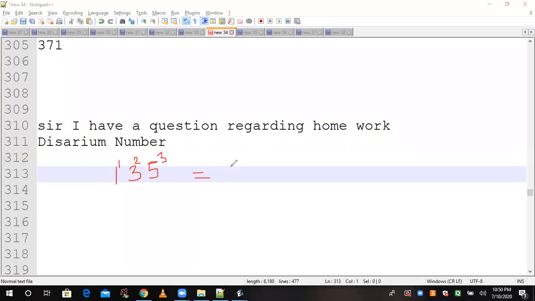Now 1 to the power 1, 3 to the power 2, 5 to the power 3. Now let me calculate all the numbers. 1, 9, plus 125.